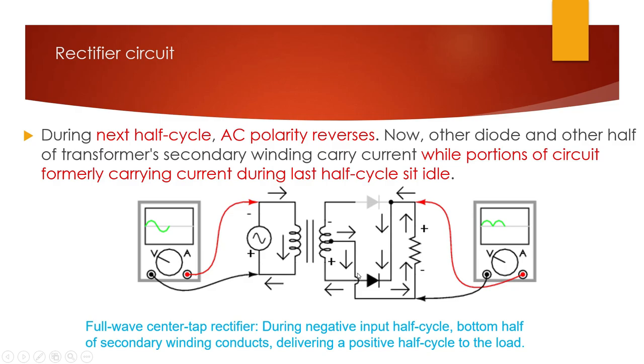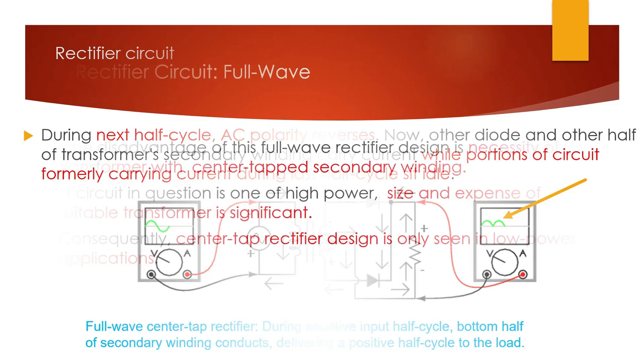So this is the flow of current we can see across this diode, and at the output waveform we will get the second part of this output due to D2, that is the bottom diode. So like this, continuously the input AC signal will be changing, and due to D1 and D2 we get double the output at the end of this particular rectifier. So this is the output of the rectifier.